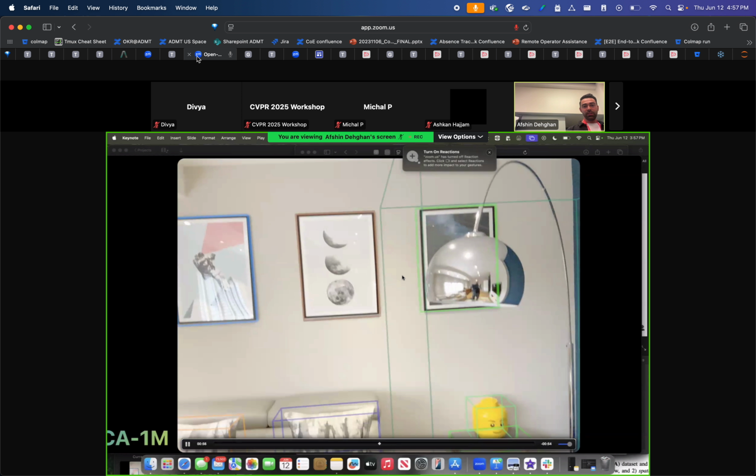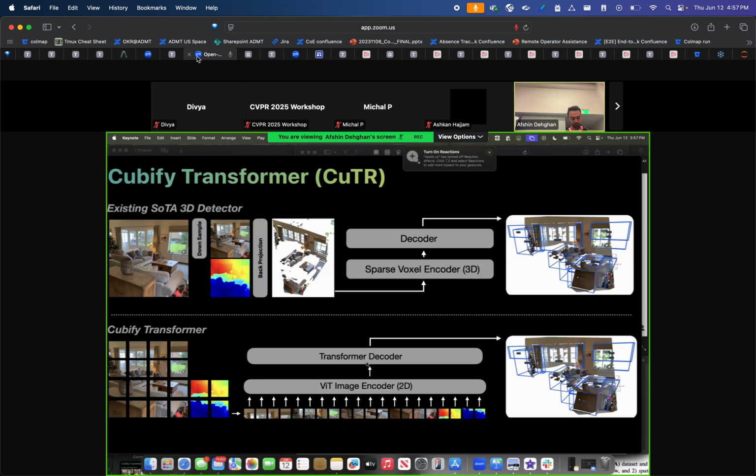Okay, so let's move on and see how this actually works. On the top, we're showing the classical, or existing pseudo object detectors pipeline that is widely used, even used in RoomPlan that I showed earlier. We have an RGB, we have a depth sensor, we do some downsampling of the input, we do some back projection, we create these point clouds, and these point clouds are used with their very strong inductive biases in some very specialized 3D architecture that leverages, let's say, PointNet architecture or 3D convolutions, and then they decode these 3D